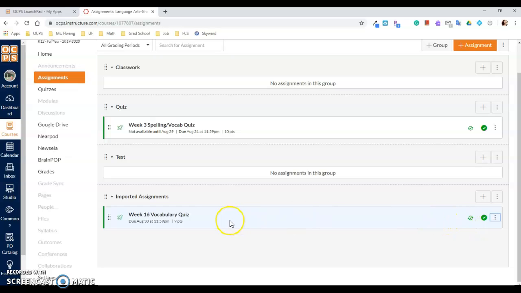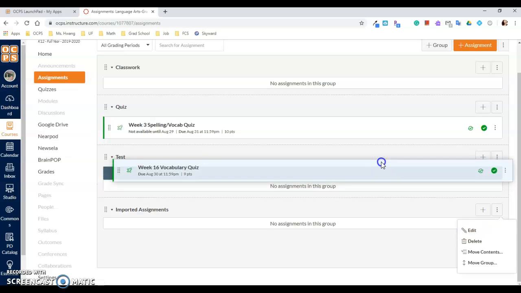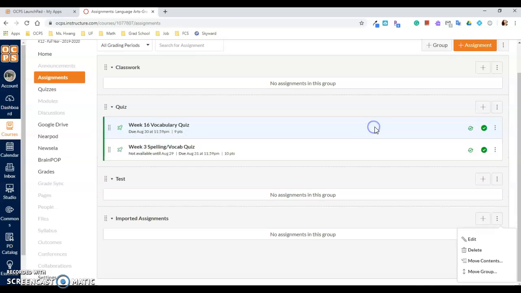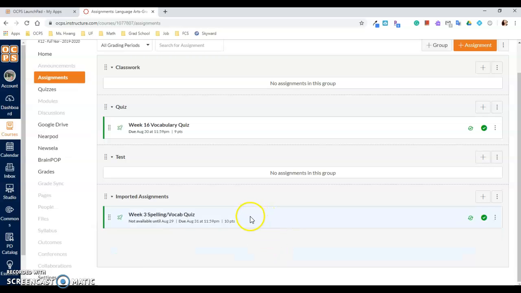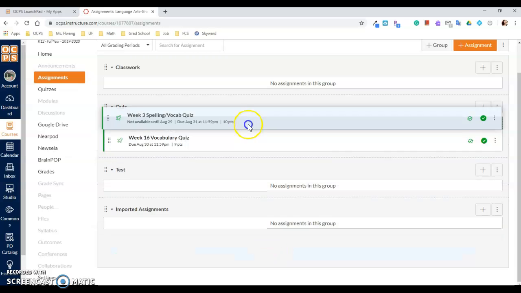Now I need to import this. I need to move this to the correct category so it will transfer over to Skyward correctly. So the way you can do this is you are going to click on this, or you can simply drag it to the right category. So once again, you can move around with the assignment, so you can just click it and drag it over